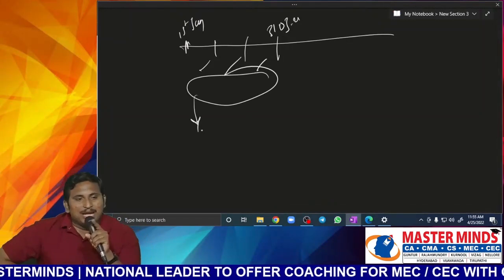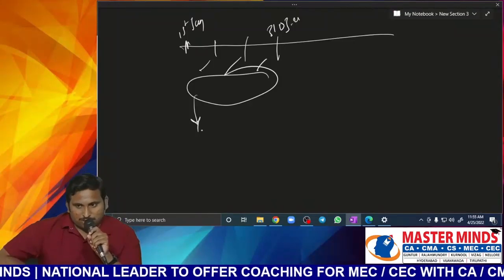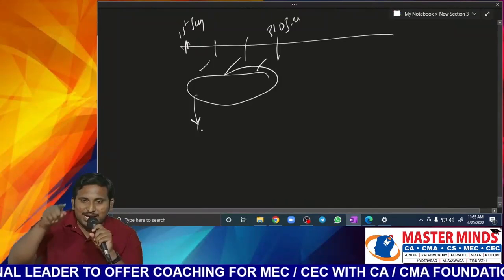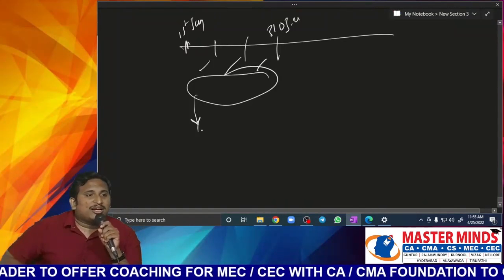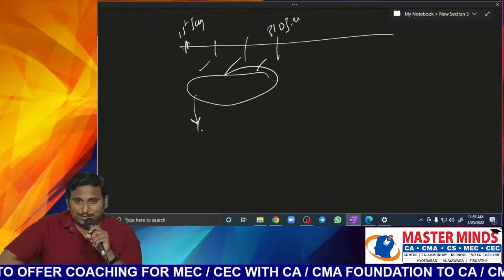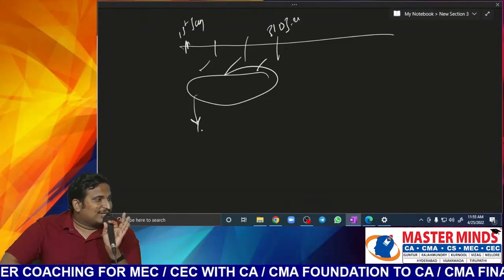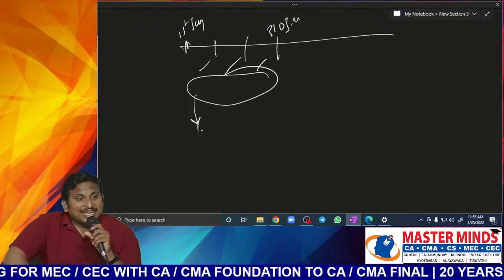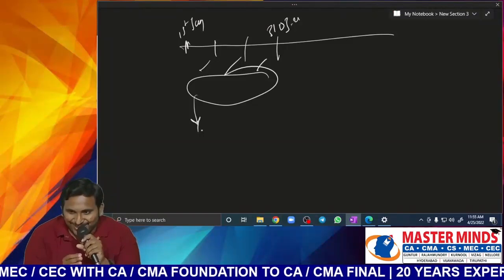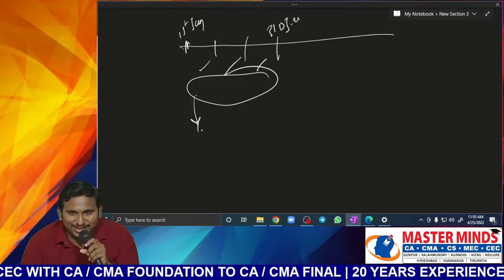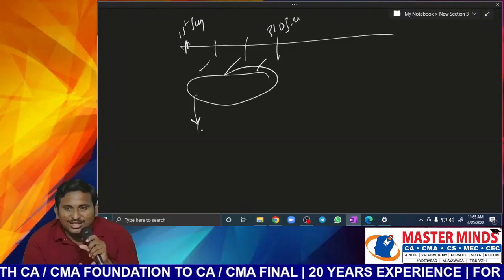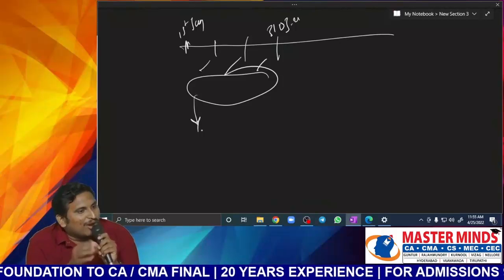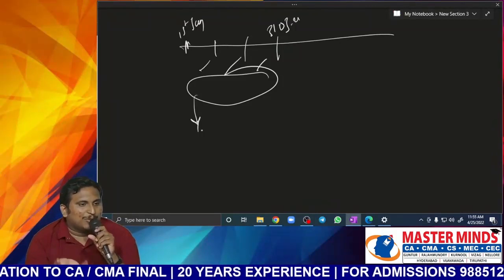First of all, tell me, is the amount certain? I think the amount is certain. We can say a 10% increase means we can easily find the amount. Risks and rewards already transferred. Yes, when the goods were transferred and billing was done, at that time the risks and rewards were also over. Is collection certain? Depending on this only, your answer has to behave, sir. If collection is certain, you can recognize this extra 10% also. If collection is not certain, you should not recognize. Tell me, what do we assume?